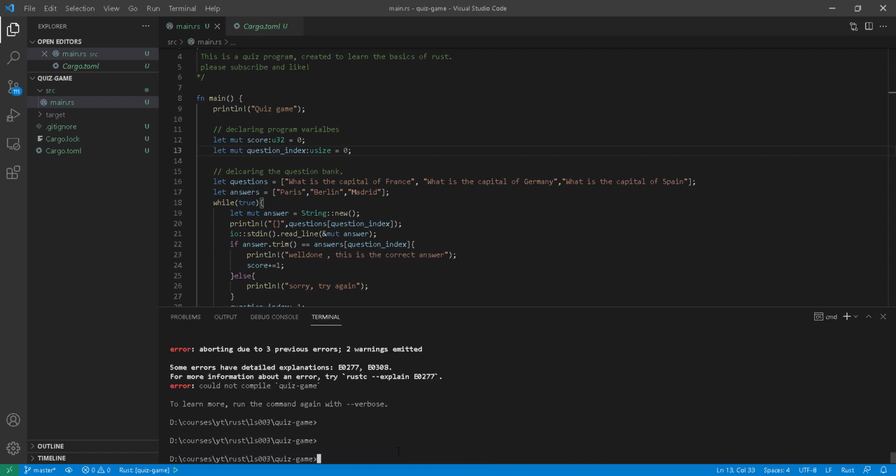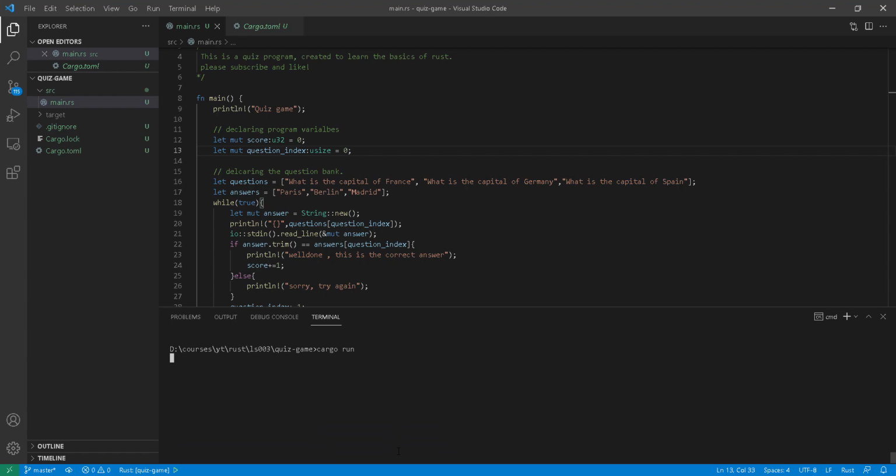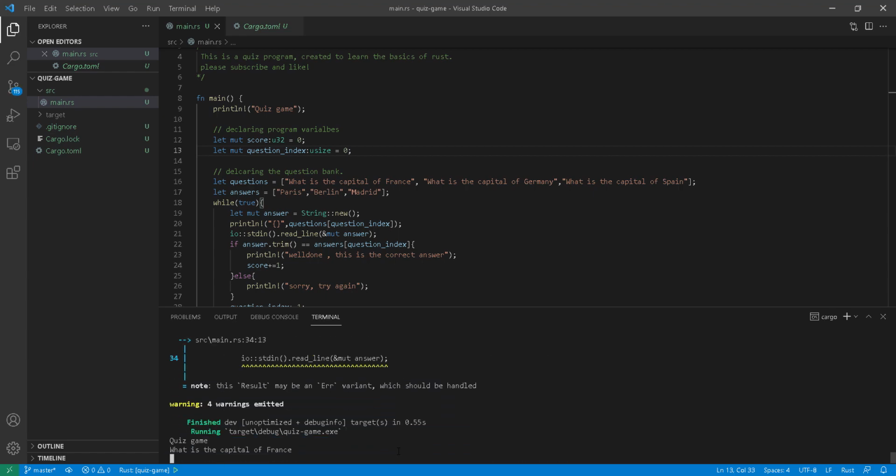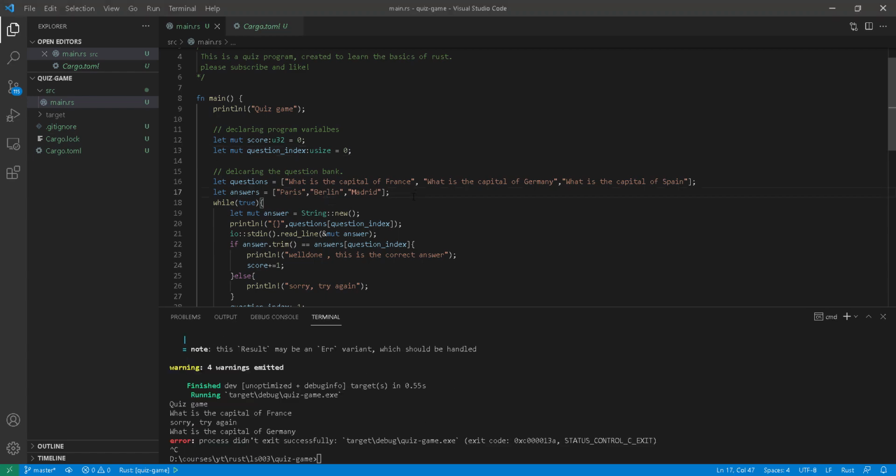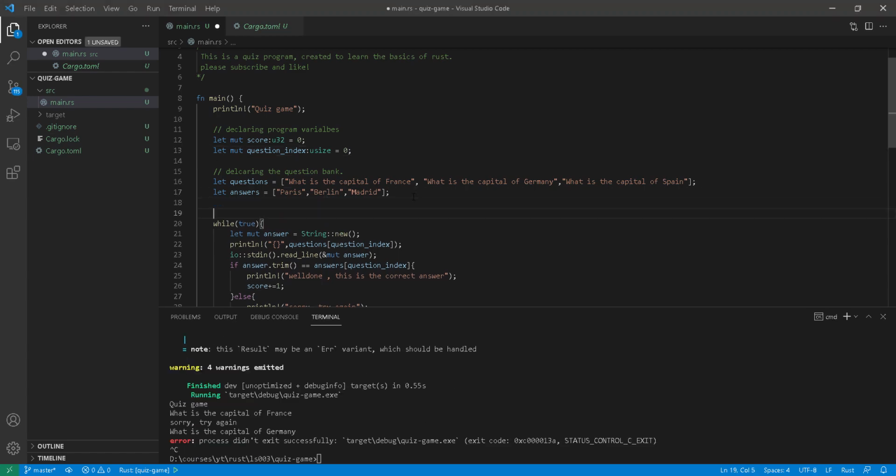Okay, so let's execute this. Let me just clear the screen. Cargo run. There you go. It executed successfully. However, we still have a lot of warnings. I've got 4 warnings emitted here, and I need to get rid of these warnings. For best practices, we are professionals here, so this is what we need to do. Progressing steadily, let's go to line 18 and do a brand new line there, and again use best practice and document your program. I'm going to call this main